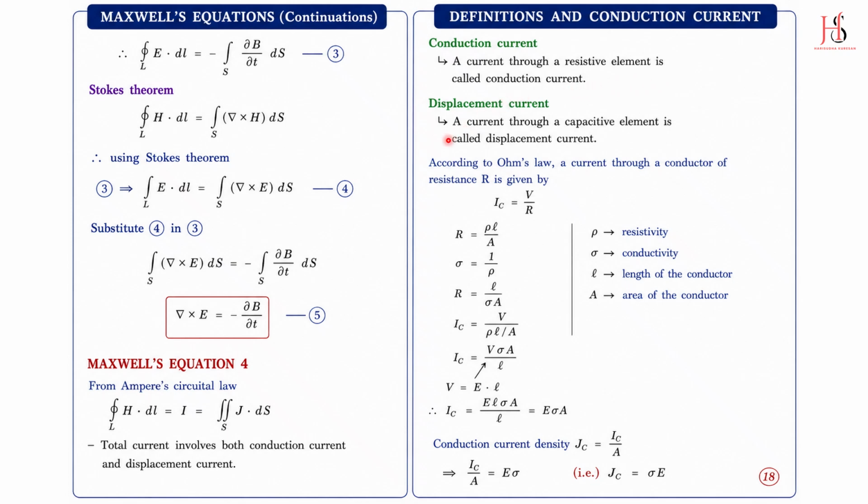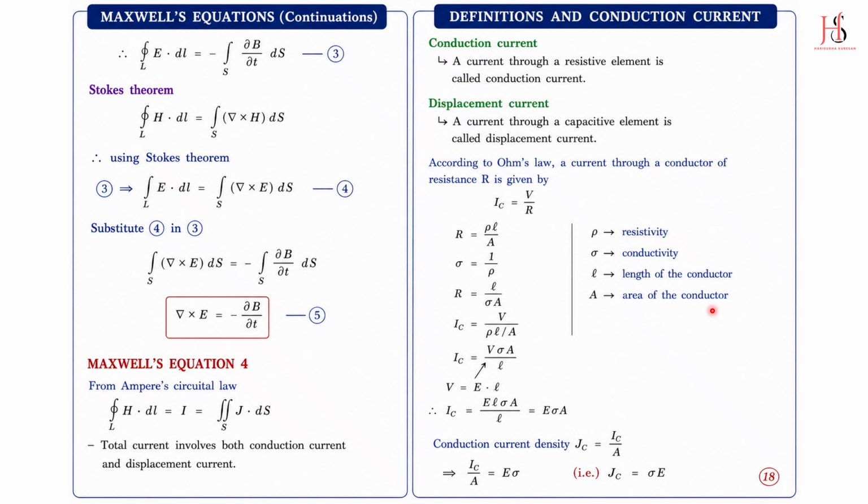A displacement current is a current through a capacitive element. Now according to Ohm's law, the current through a conductor of resistance R is given by I is equal to V by R. This is the basic Ohm's law formula. So the current through a conductor of resistance R is given by I is equal to V by R, where R is nothing but rho L by A, where rho is the resistivity, L is the length of the conductor and A is the area